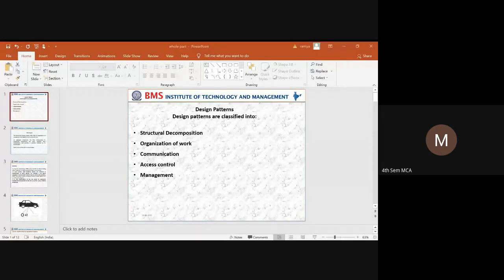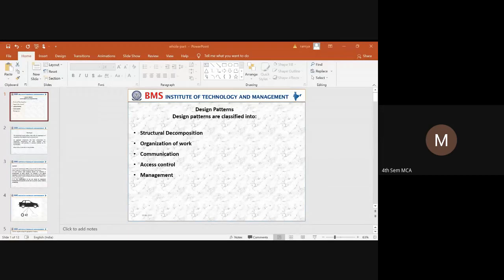So you can assign different tasks to the different subsystems which have been decomposed, right? When you want to look at it as one entire object, you need to consider it as a whole. That is what we mean by structural decomposition, where whole part is one particular pattern under it.